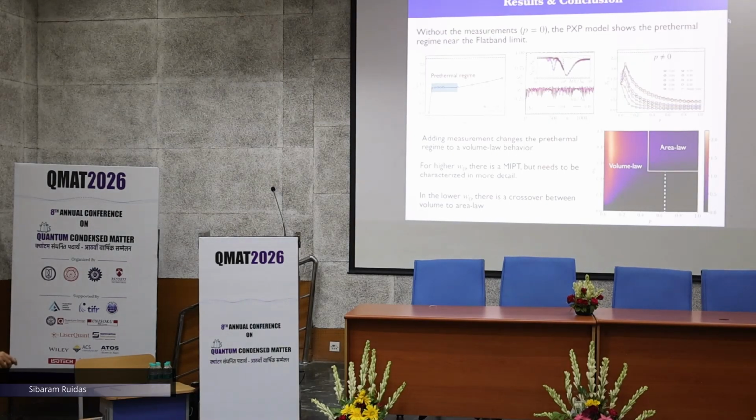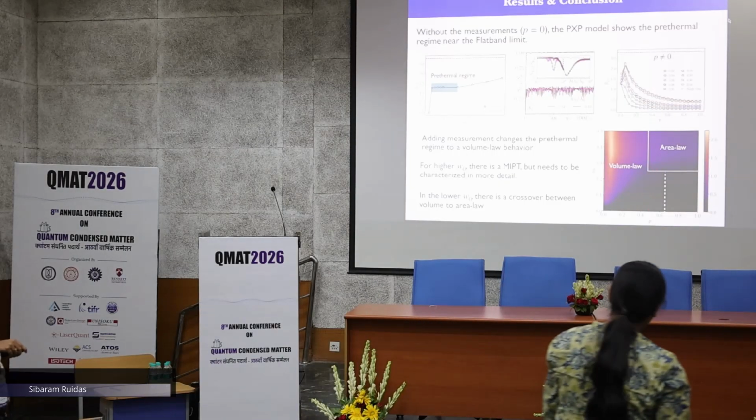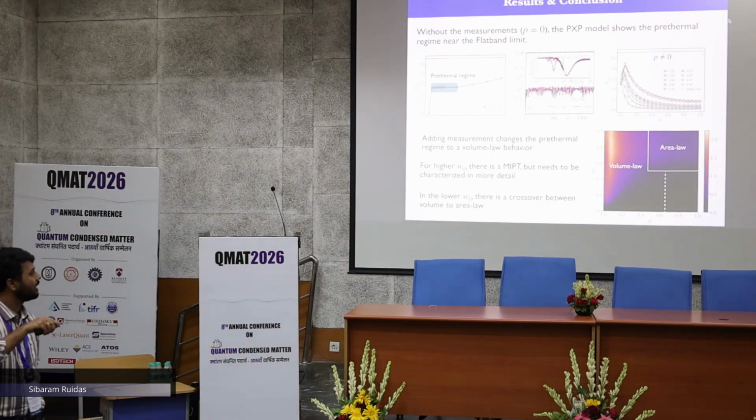But there is a difference depending on the value of W0. When W0 is within this Prethermal regime, you see that there is a crossover. Once you increase the measurement strength, the volume law continuously decays to this area law. There is no transition. But when W0 is larger, you see that there is a transition from volume law to area law. This transition has to be more characterized with different system sizes, and these are very initial stages of results. But as we study this, it will be clearer. This is the overall picture, and this has been studied for 3 different system sizes. So that's the conclusion. Thanks.